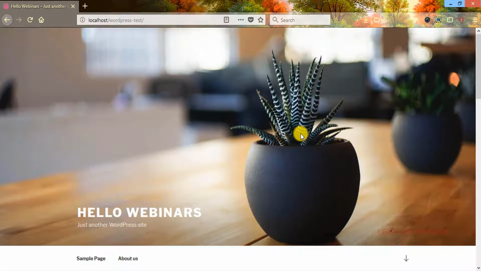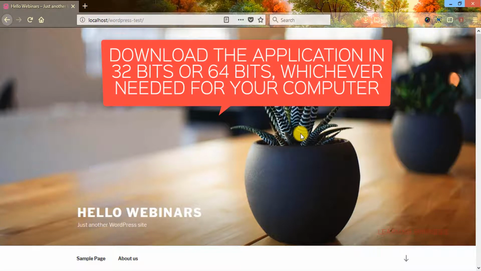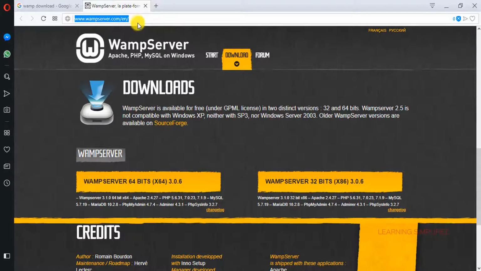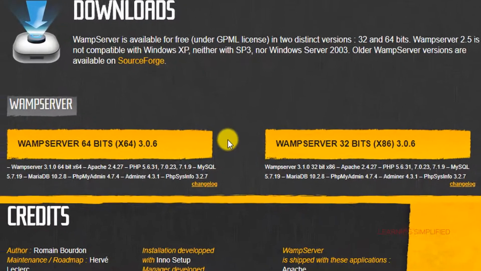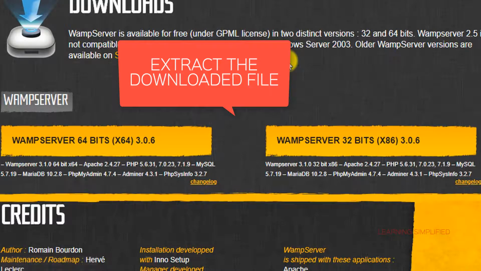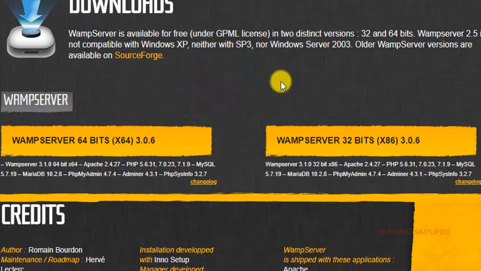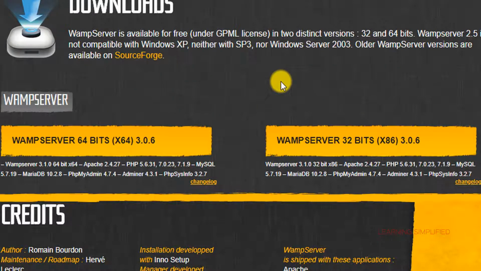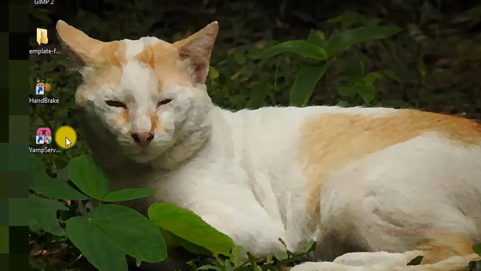First of all, you need to download and install WAMP server from the website, as we have discussed here. The link is provided in the description box below. In the second step, you need to extract, then double click on the .exe file, and proceed as per instructions by pressing the next button repeatedly. At the final stage, you will observe that WAMP server is installed on your machine, and the icon will appear as this one. This is the WAMP server icon.